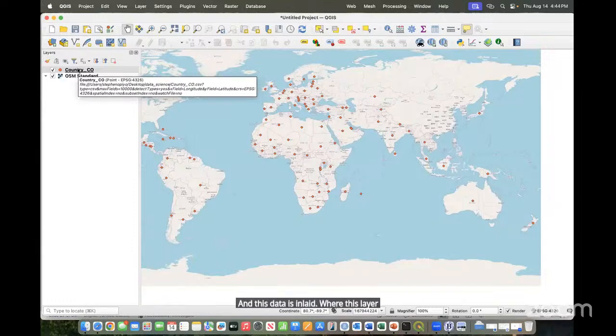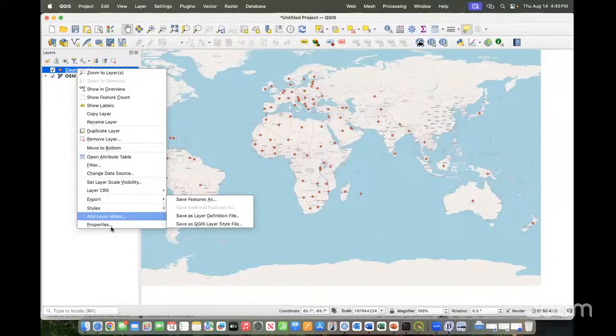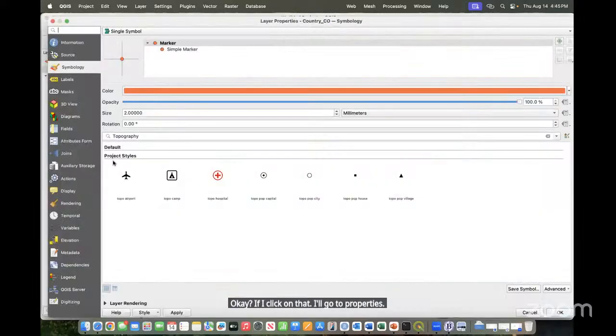So to get to symbology, I right click on it. Okay. If I right click on that, I'll go to properties. And this properties has very, very many other things that you can do. But the only thing I need is symbology. If I click on this,